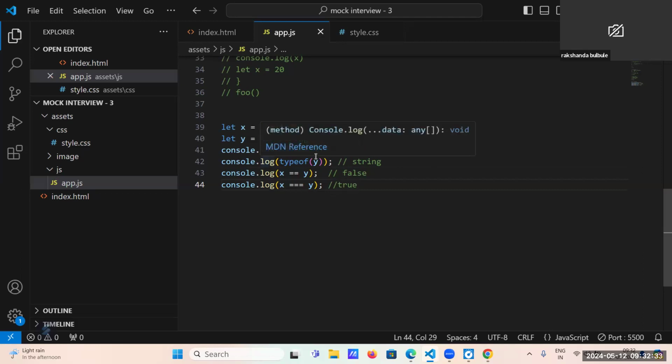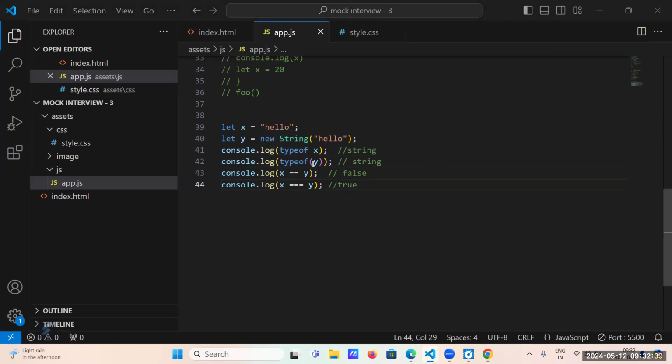The type of x is a string, and the type of y is also a string. And x double equal to y is false because it checks the value, and the value is different.